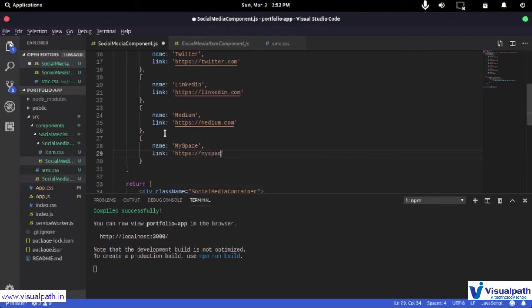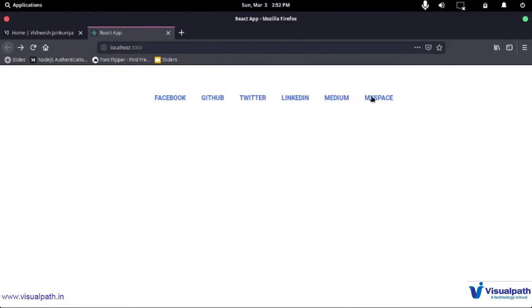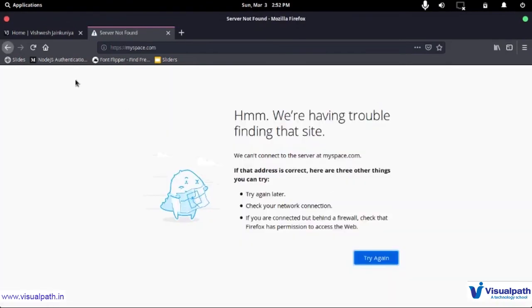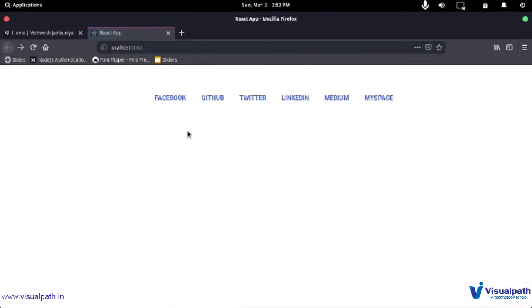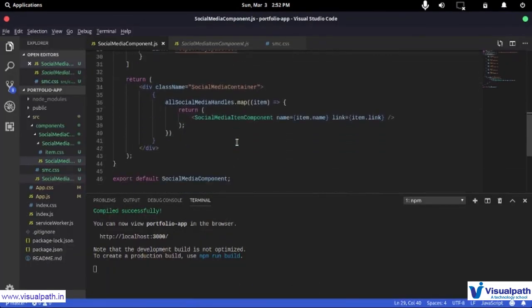So myspace.com. Now this was an older thing back in time. Just to demonstrate, this is not our purpose right now, so we're just going to save this, go back, see MySpace is here. If we click it, we get redirected. And that's the behavior we wanted. So our social media component is ready right now, and we can use it wherever we want to.